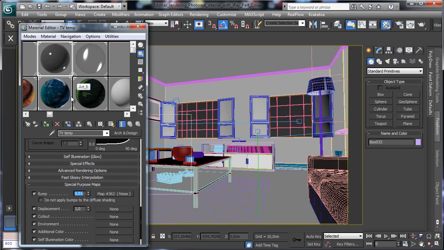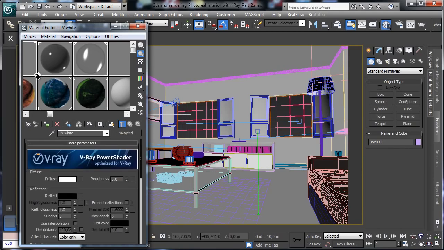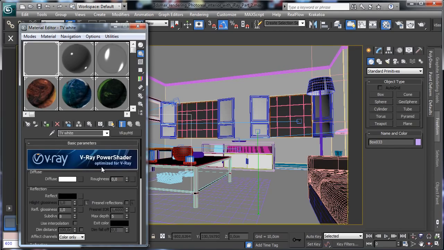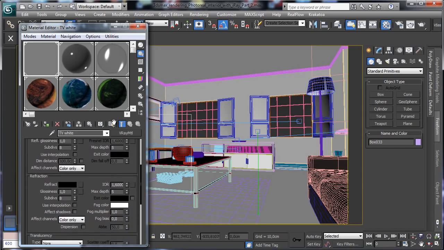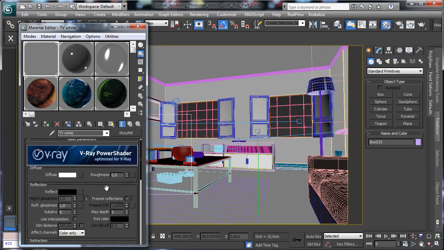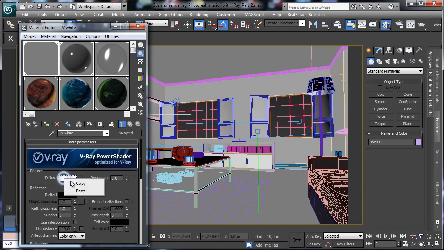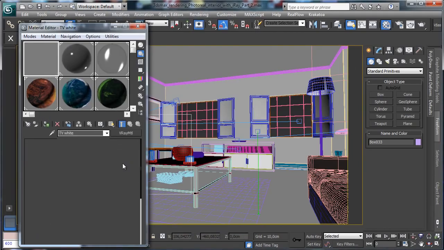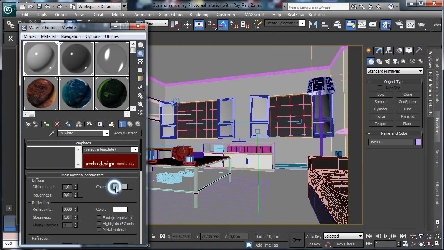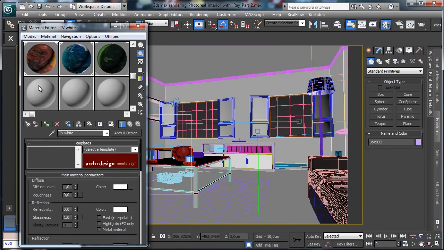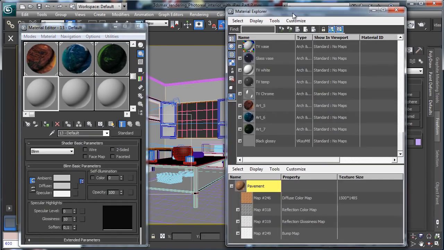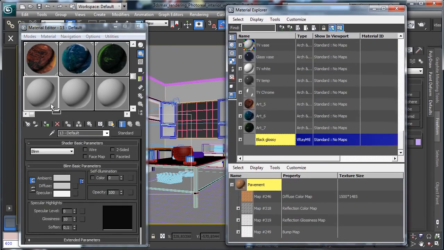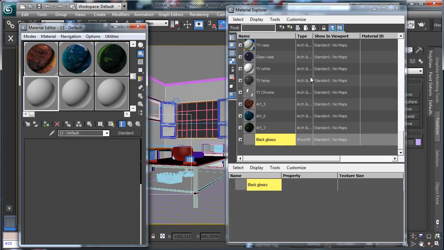Then let's work at the last one. That's the TV white, and we have just a white color. Okay, so just to be sure to use the same white, paste, and we remove the reflectivity. Let's do also the lattice material as an instance,